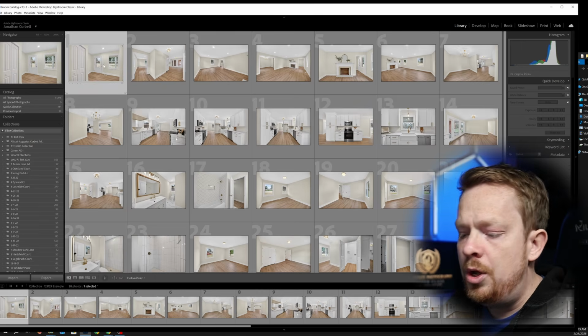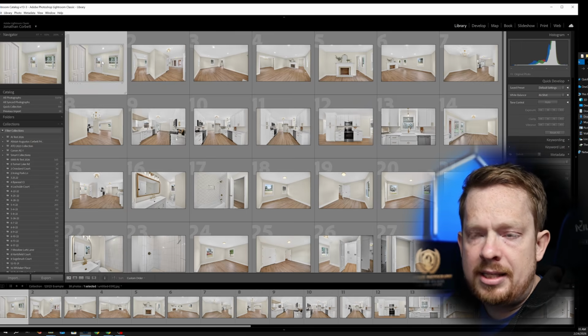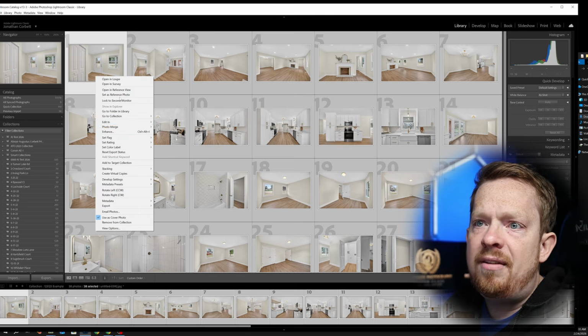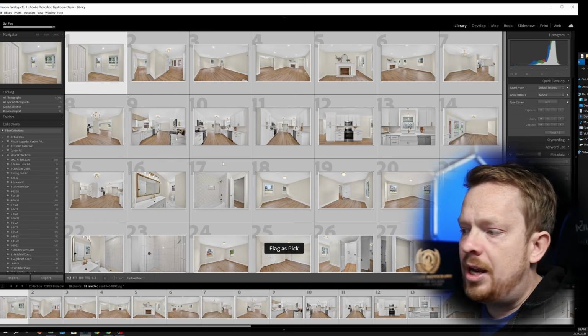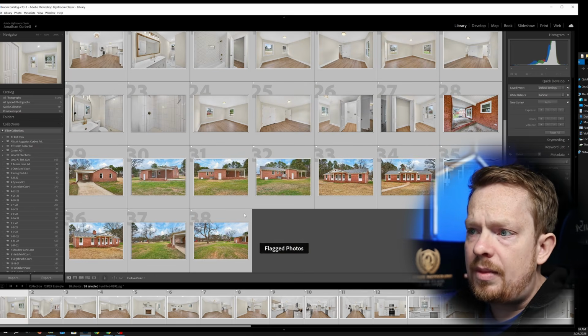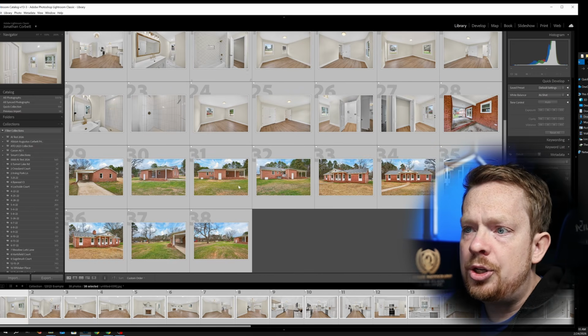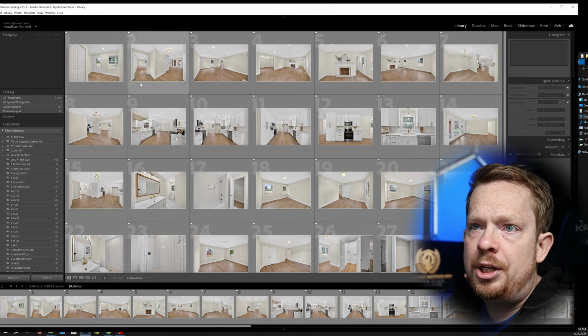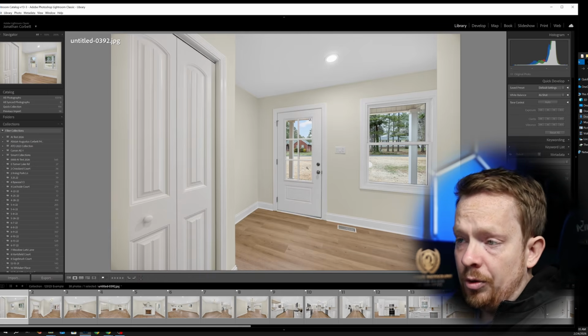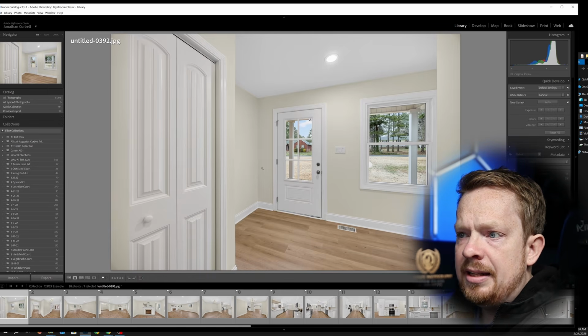Now we do the actual quality check process. I'm going to press Control or Command A to select all of these, and I'm going to flag all of them. And then I'm going to filter this by flagged only. That way, if I decide not to include an image, I can just unflag it and we'll be good to go. But anyway, we've started with the inside of this listing, and that is a good